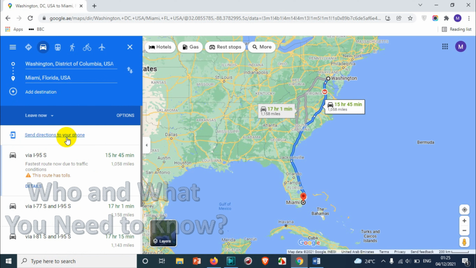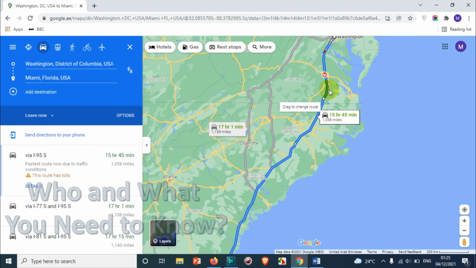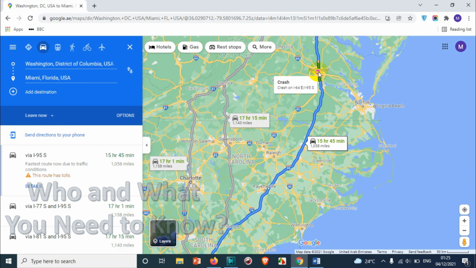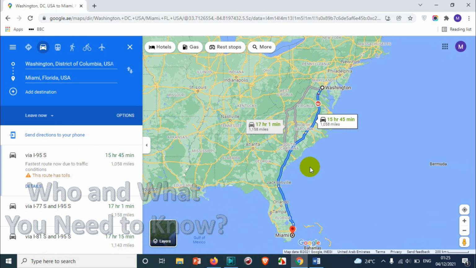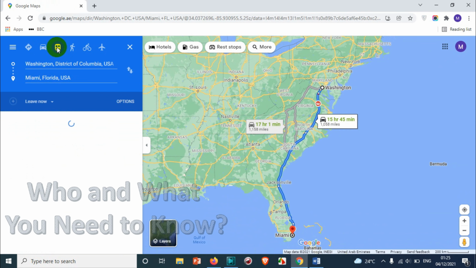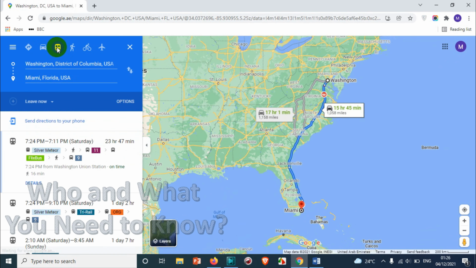That is about traveling by car, and it will show the map how it works. Here it will show the crash if there are any accidents or something on Google Maps in that particular route. Alright, now if I'm going using public transport and public transit, it will show me